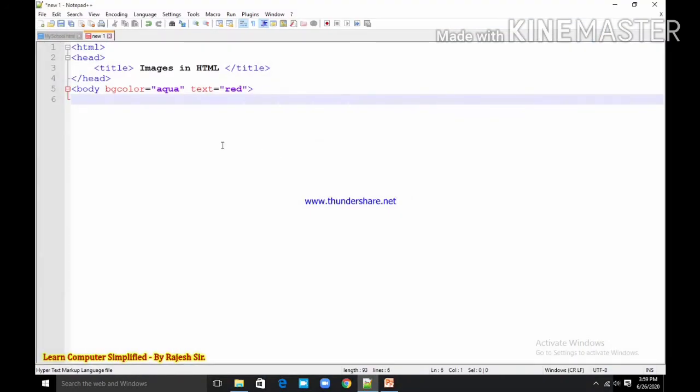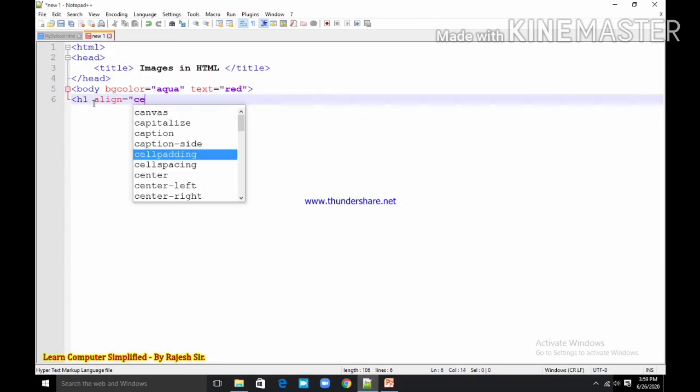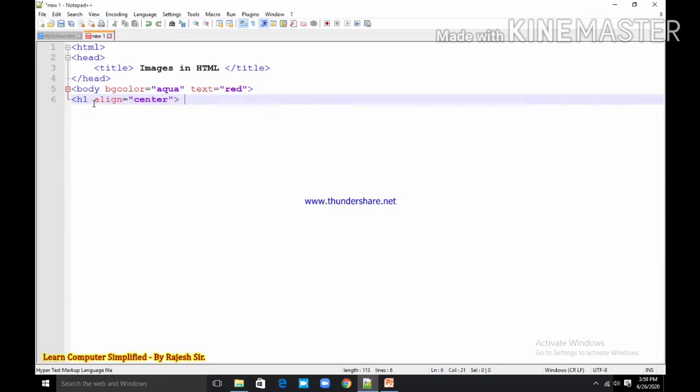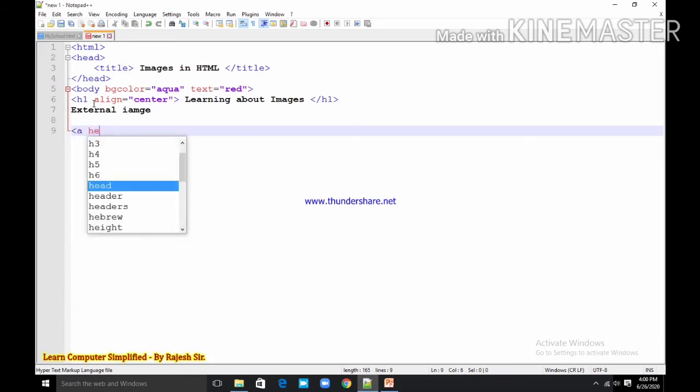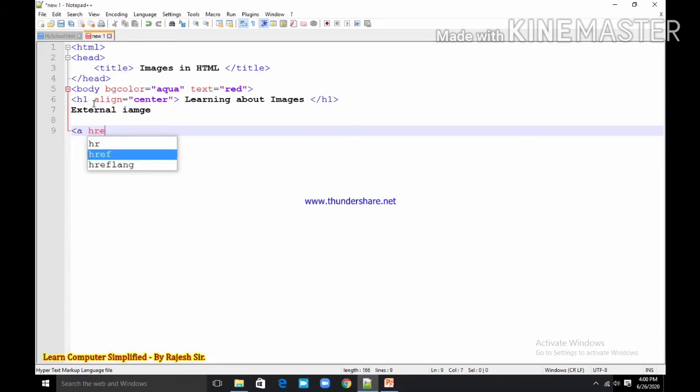See, in my practical part here I am adding h1 align center. I am adding learning about images and h1 close. Okay, now let us see external image, and I am putting here a href is equal to, I am putting it blank.